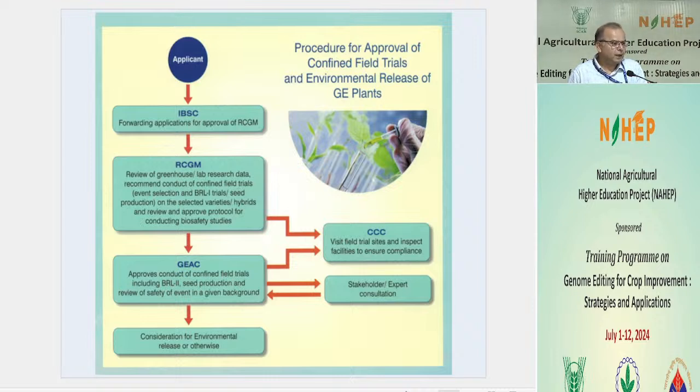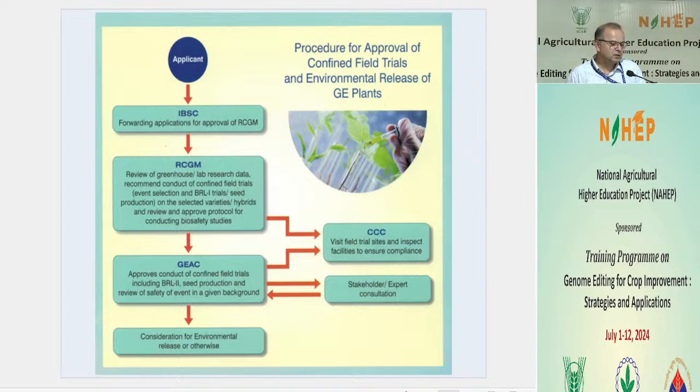and then they will put up your case for approval for a trial. We call it confined field trial, or CFT, right? So this is the first time that you are growing your plant outside the lab, but in a confined condition, in a restricted area. It is not that you can grow anywhere. There will be a designated area which will be isolated; there are many parameters for how to designate an area for a confined field trial. So in that designated area, you will be given permission to start your trial, confined field trials or CFTs,